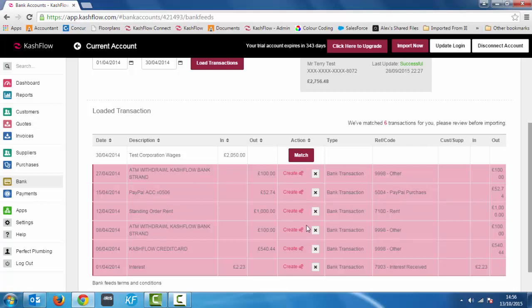so we can see that my rent has gone out and it's matched it to rent. We can see I've had interest coming in and it's gone to interest received, and you can set up custom rules within your business to automatically post everything on your bank statement to the correct place within the bookkeeping system, which will improve accuracy, and also